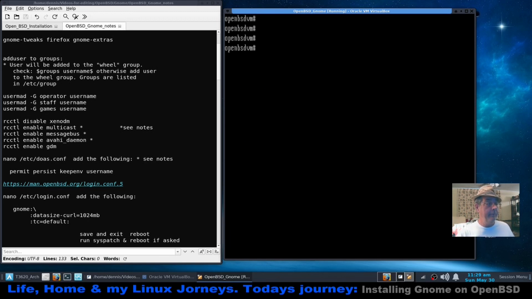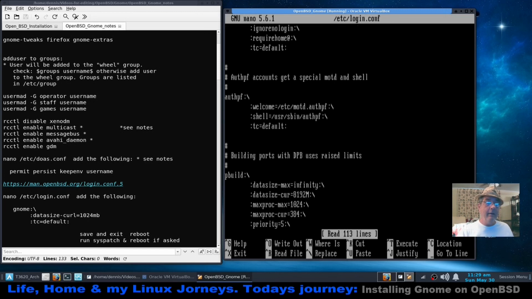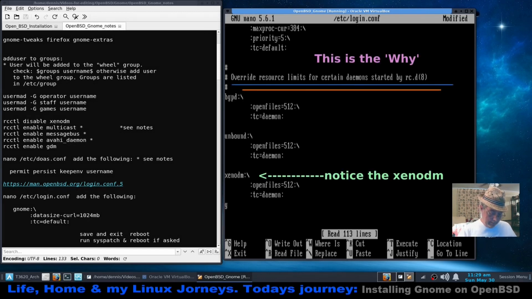Okay, so next we need to edit our login.conf file. nano /etc/login.conf. Make sure that's spelled right. All right, and I'm going to page down all the way to the bottom, and I'm going to make this entry: gnome:, and enter, tab to get me back over in line there. So we got :, and datasize-curl, equals